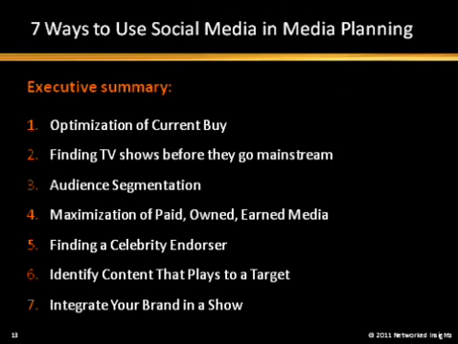So we're going to talk about 7 different ways, and these are the 7 areas that we'll cover today. These are based on work that we've done with our clients in pre-informing buys and allowing them to go after optimization and efficiency, whether we're locked out of something, or we have a limited amount of dollars to invest, or we've cut back on our investments and used to be 150 million and now we're 120. How do we make sure it's at the same levels it was before? So let's jump into the first one, which is optimization of a current buy.